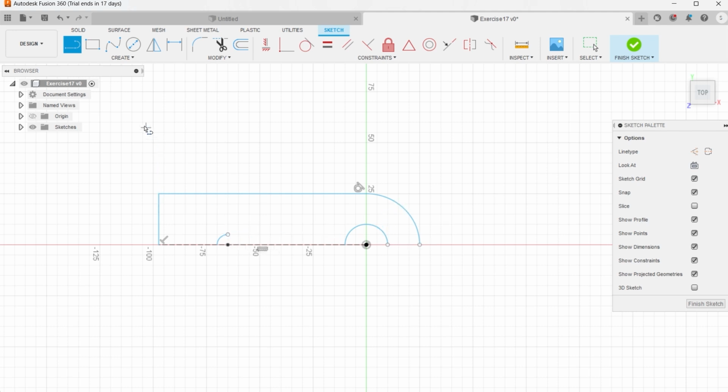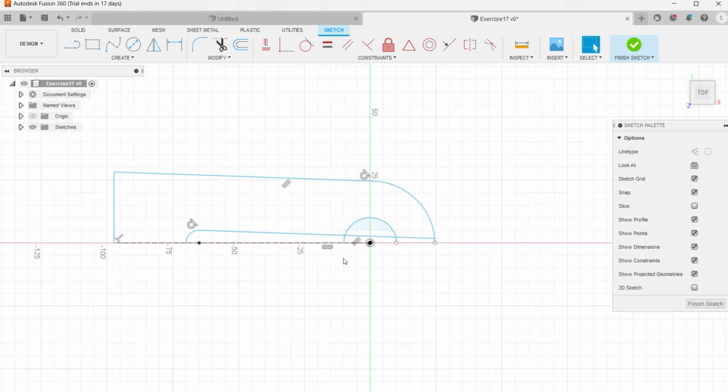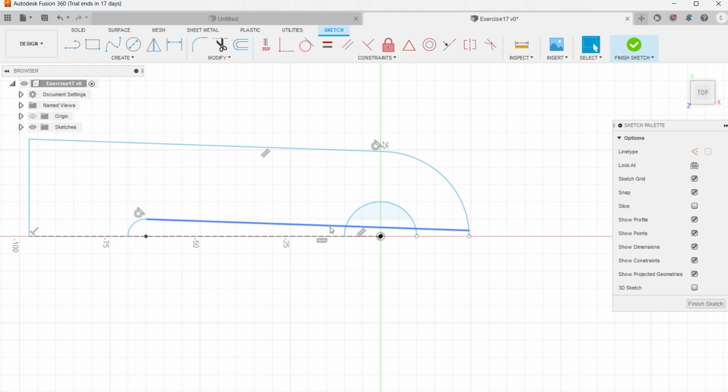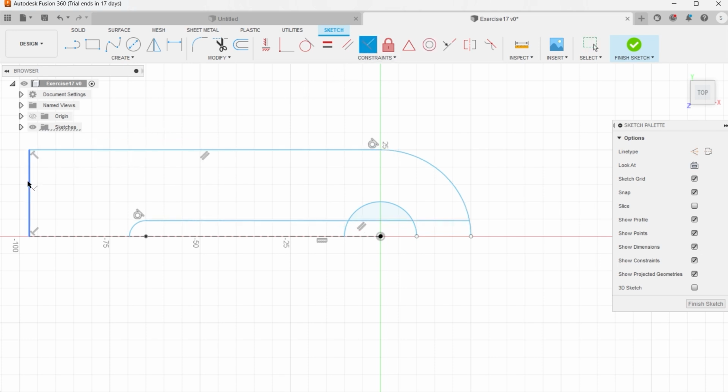And again another line is required here. Actually this one will be horizontal to this one, or you can say this line will be vertical to this one. That relation can be provided from here with constraints. This line is perpendicular to this one. Done. Now we can provide smart dimensions,